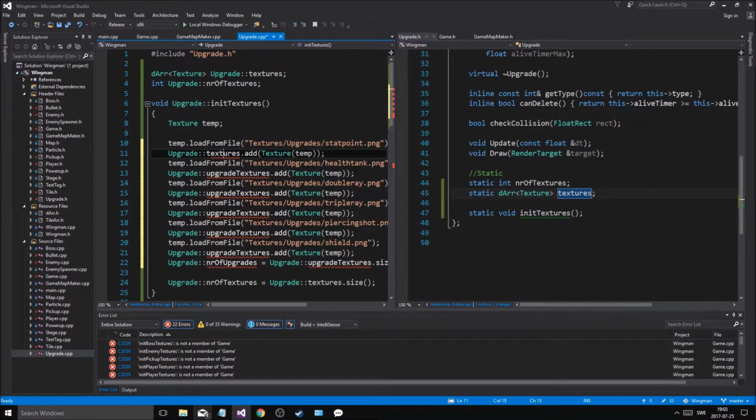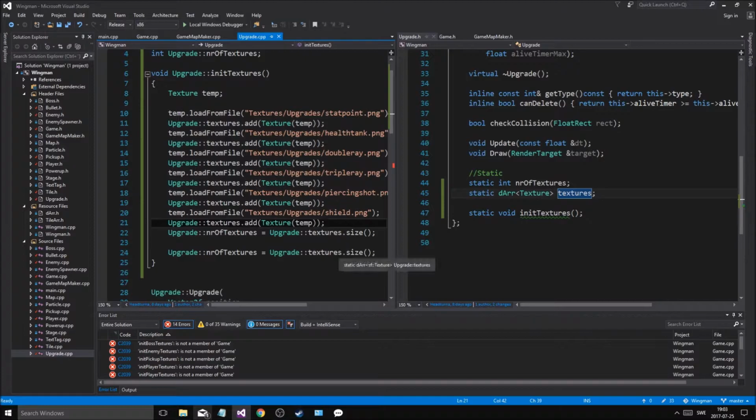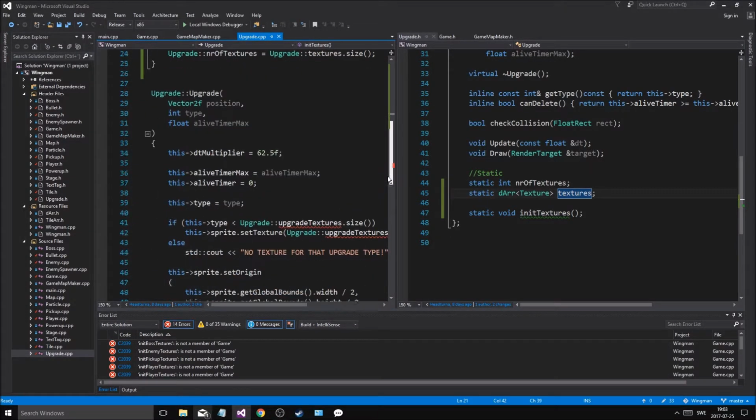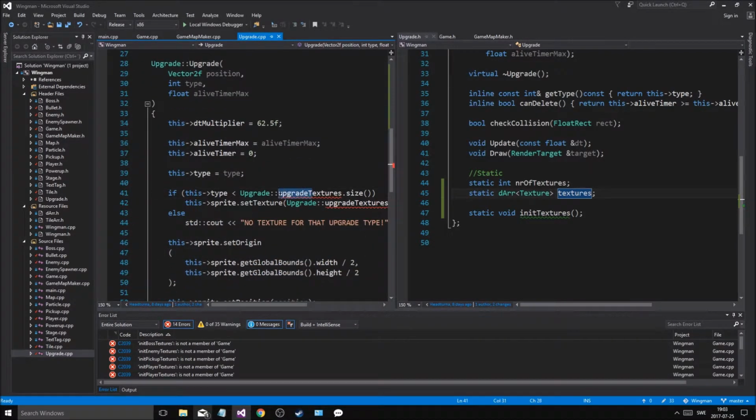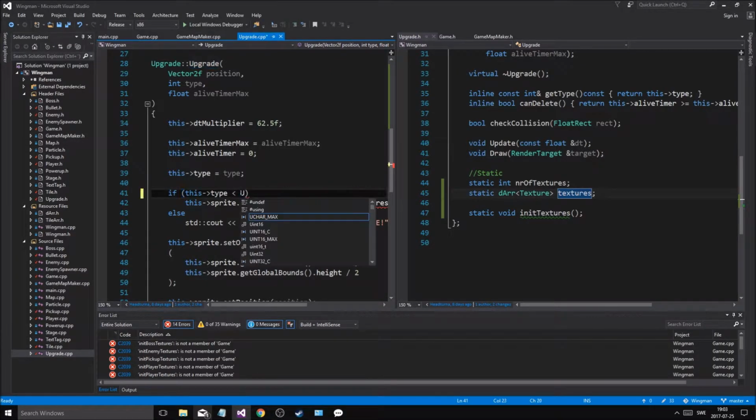Then we just want to name that textures instead. Copy it and just do that. Number of textures. Textures.size. So we have all of those. We're good. Is less than upgrade number of textures,